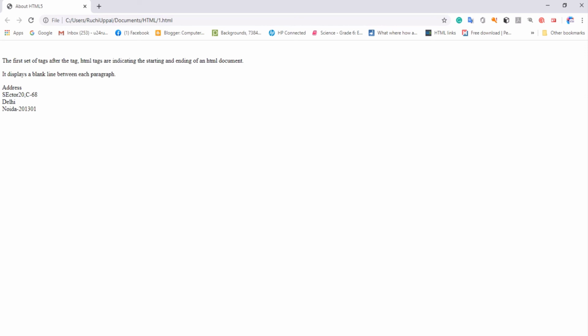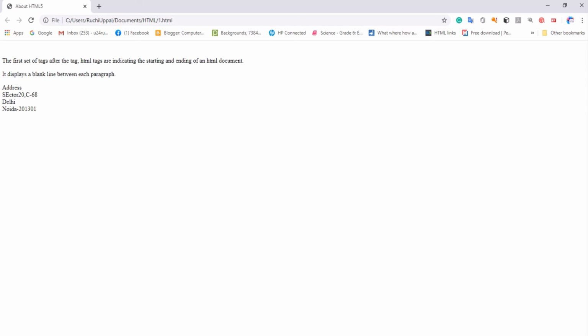So next tag is horizontal rule. Inserting a horizontal rule means a line across your web page to separate different sections of your information. By default the browser displays a horizontal line as a thin gray line.